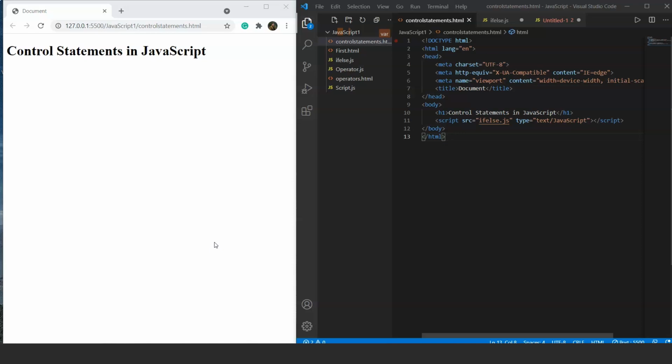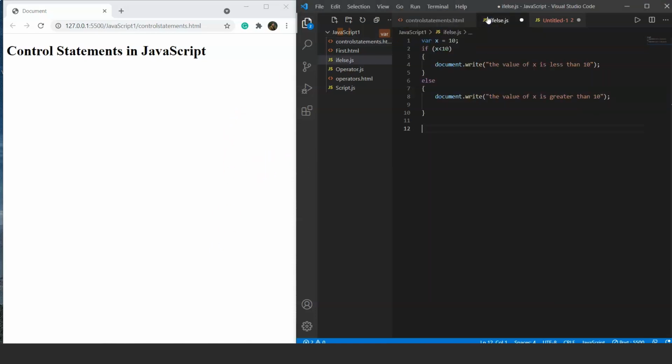So we'll create a new file today. I hope you guys know the importance of creating a separate file for every topic. It will be easy for you to find that separate file later if you want to revise that topic. So here is the program where we have taken a variable x and the value of x is